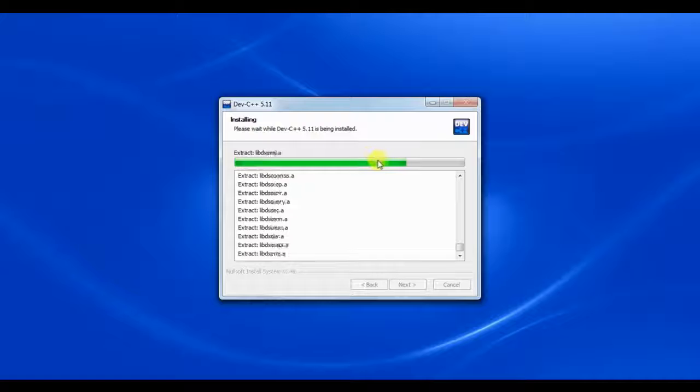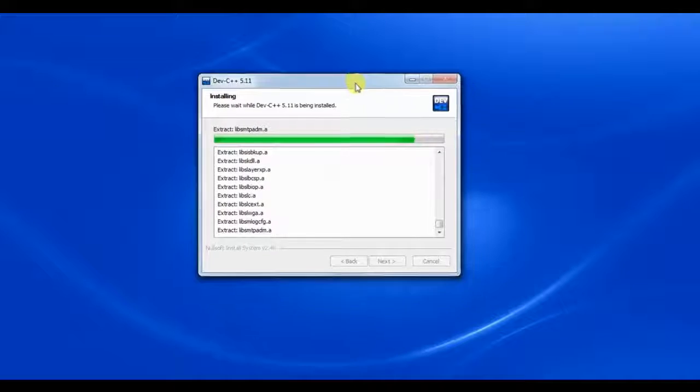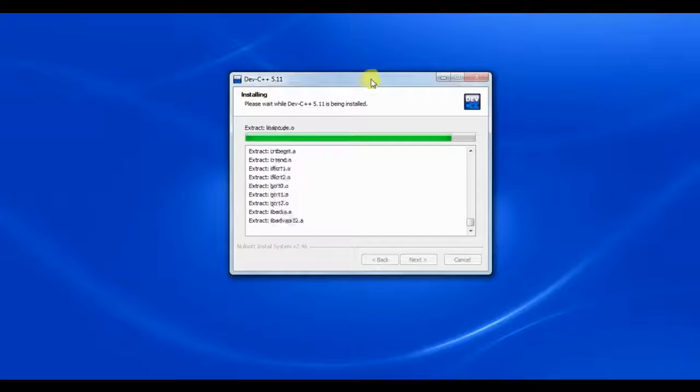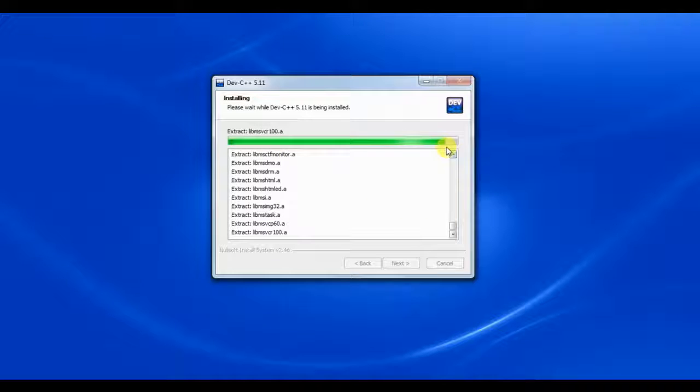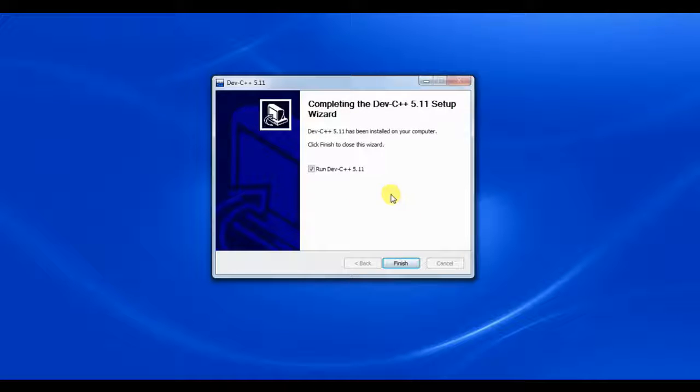Okay, so we have already passed around 80% of the installation and it is moving fast. You can see, it's going to finish soon. Come on, let's finish it. Almost done, only a few things are remaining. Yeah, it's done. Sometimes I exit the program after installation without running it, but in the case of